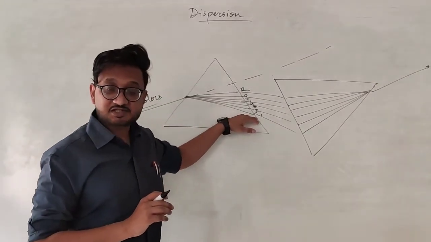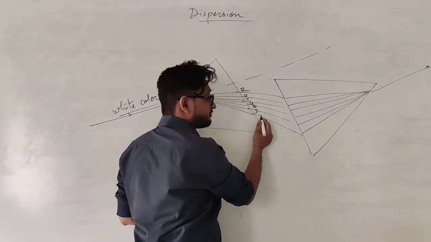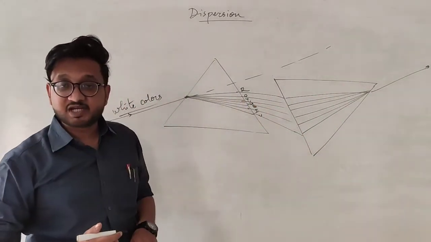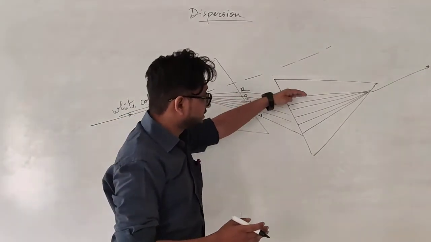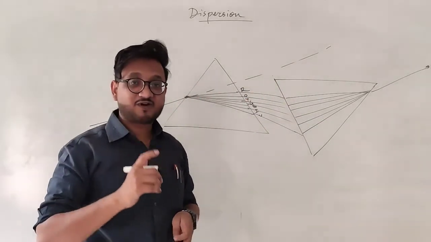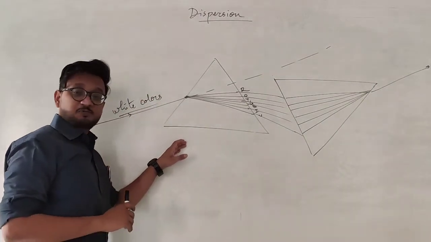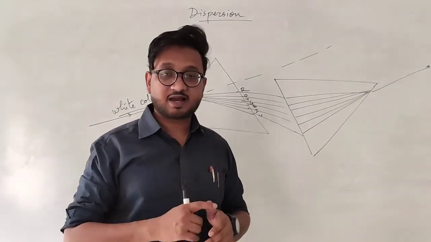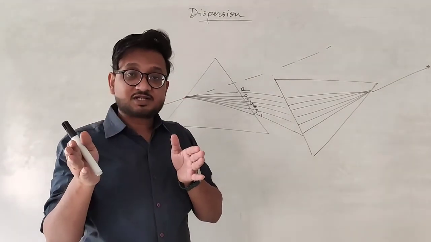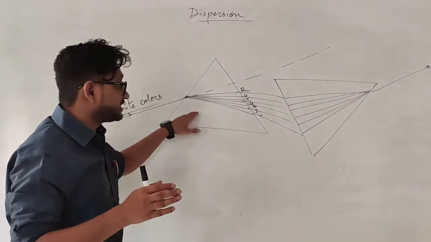Just like how the refraction happened over here, in the same way, when it enters another prism, the violet color has the maximum refraction, as you can see, and the red color has the minimum refraction. All these colors get combined together, and one single white light emerges from the other side. This is also the explanation that you can see the dispersion only through a prism and not through a glass slab. When one single white light comes out from the other side of a glass slab, it comes out as white light only. It does not disperse.